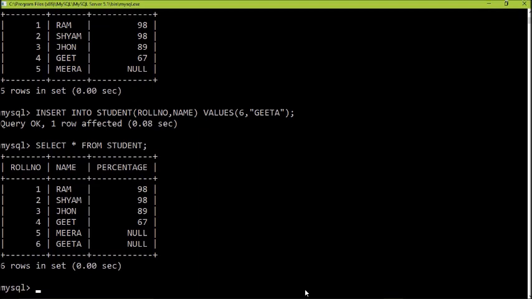What can be the next command? The next can be to use where. So how to use where? Again we use select. Now I want to take the names of those students who have scored greater than 90%. You can see more than 90, Ram and Sham are there. So this would be my outcome. But how would this outcome be obtained? Select name.